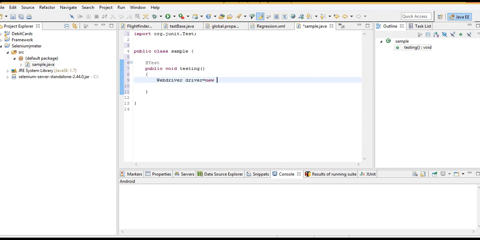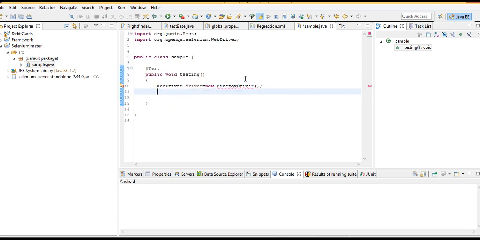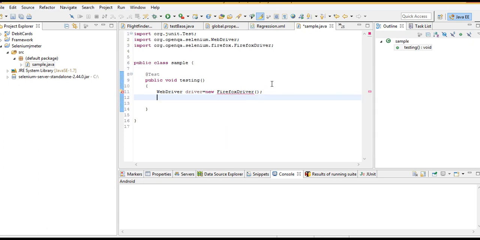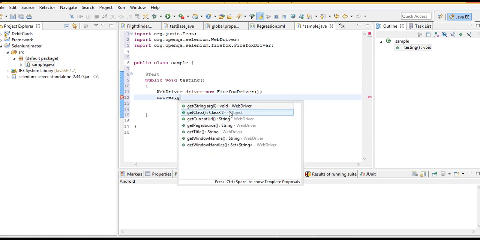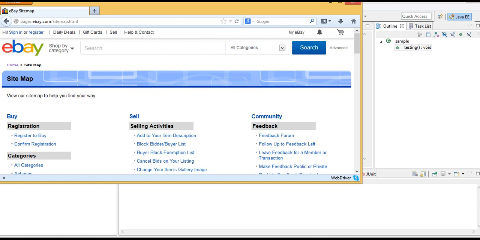Driver equals new FirefoxDriver, and we'll import our Java files. driver.get. Let's go with eBay, or any other site.